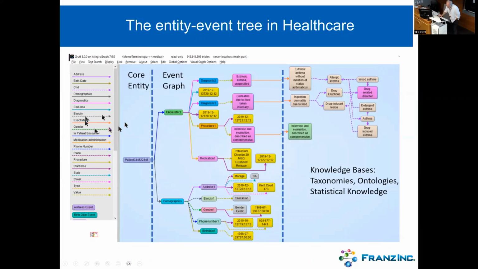Now, what you see here is we have one core entity, which is a particular patient. This patient had an encounter, so checking in at the hospital. And within that encounter, he had two diagnoses and a procedure. The diagnosis in this case was specified. This is the entity, this is the event graph. Basically, these are all the electronic medical records of the patient that ultimately terminate in these pink boxes, which are